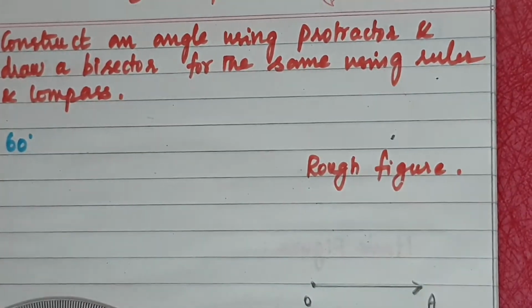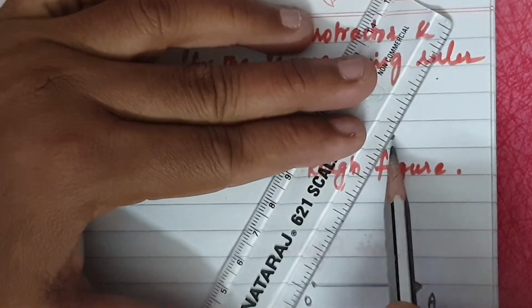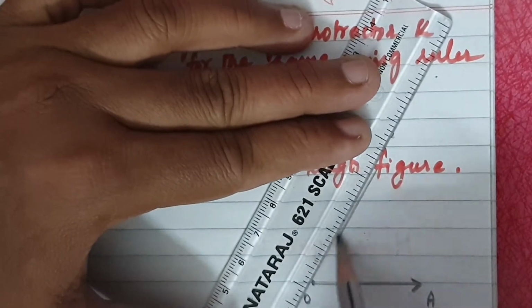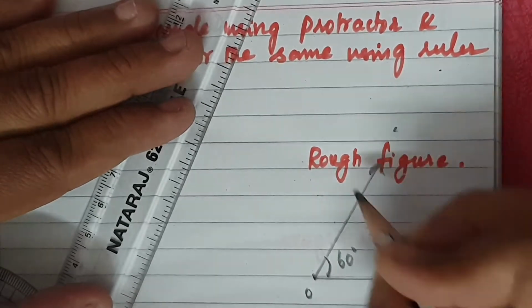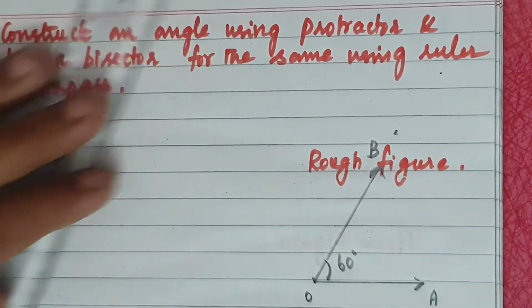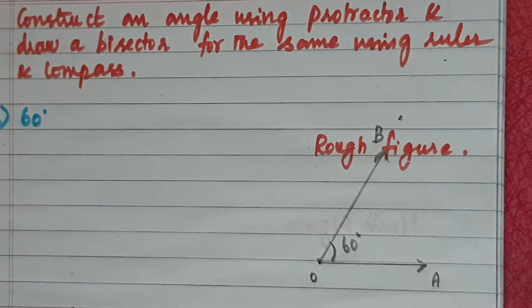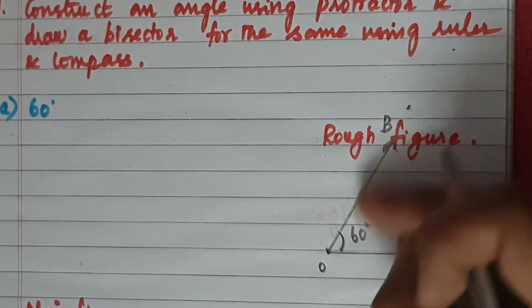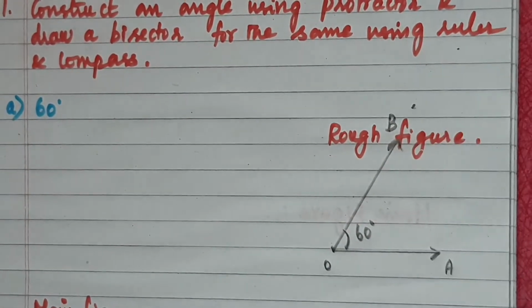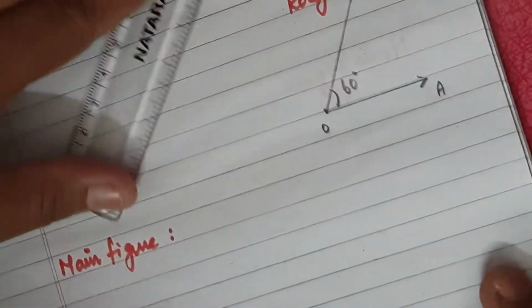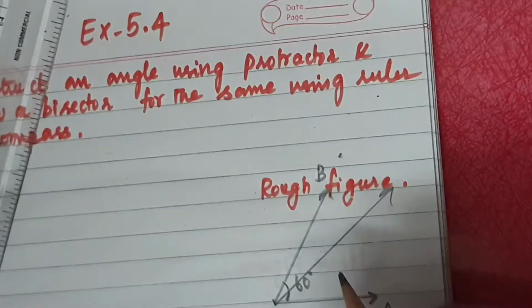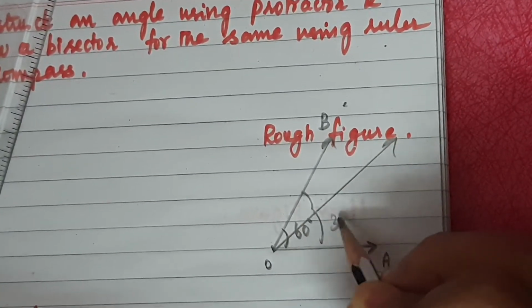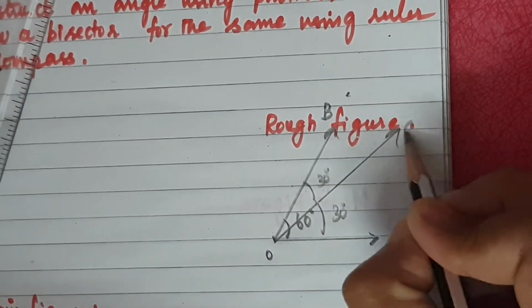I am keeping the point there. I am not going to join that point. I am just joining like this. Okay. And you put it as 60 degree and you keep the name as B. Okay. It is going more, so I cut it off. But that length, that point only I am focusing. Okay. And here in the middle you have to draw one line like this, and this is to be split as 30, 30. Okay. So likewise we have to do for the main figure.